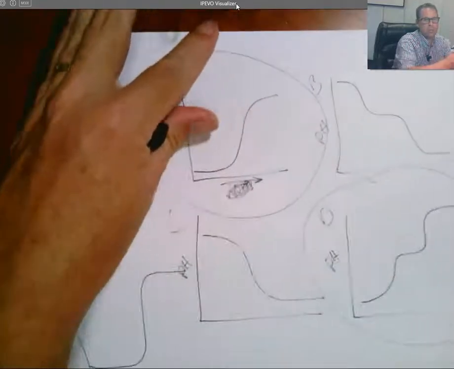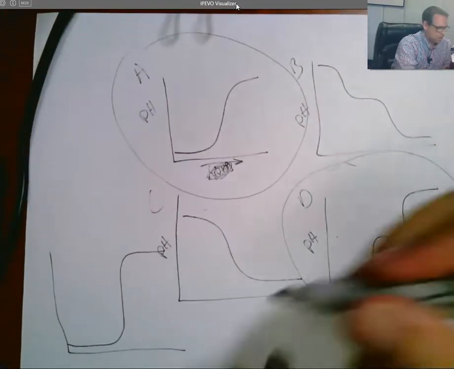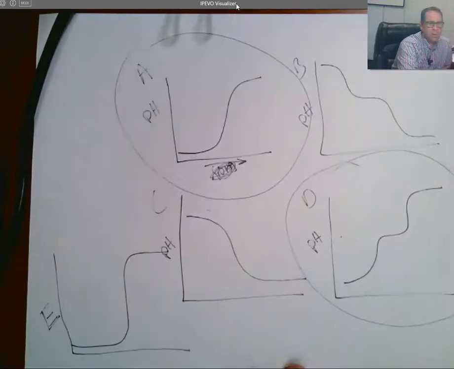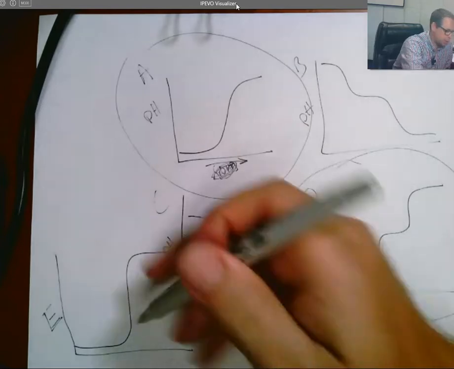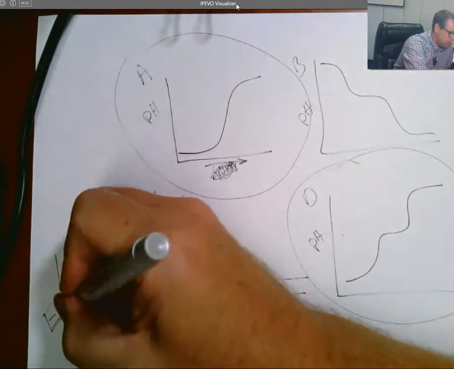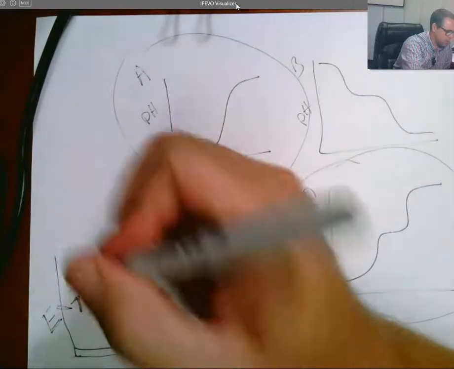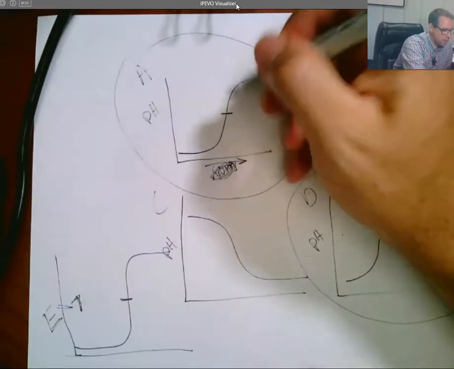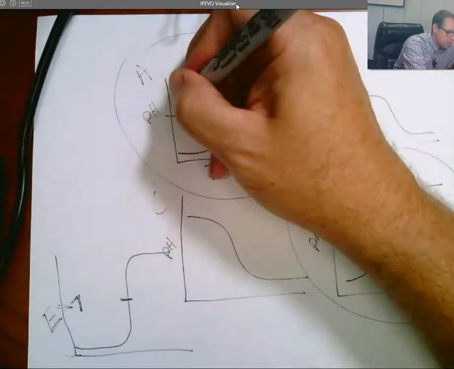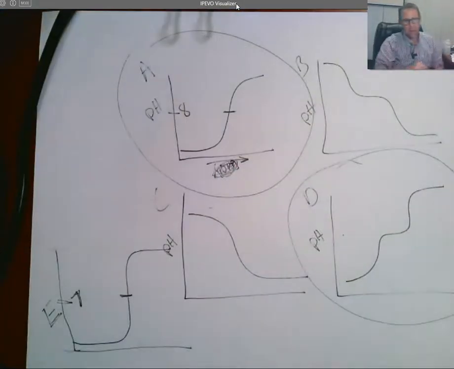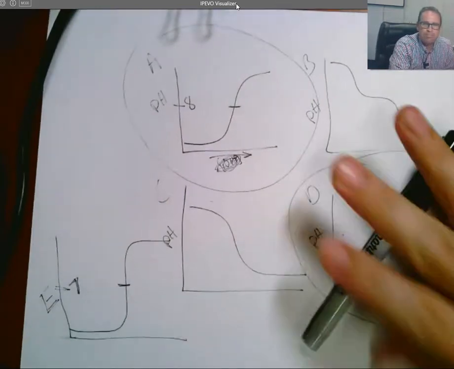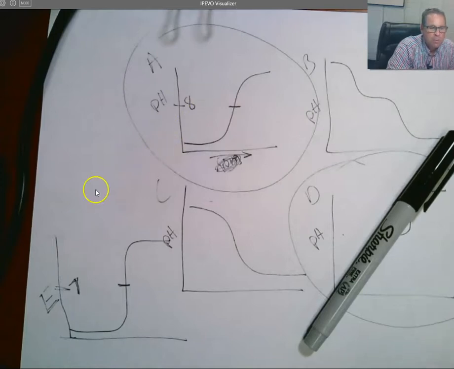Which one would most likely be a strong acid? So this is our E over here. It would be E, right? E would be our strong acid. We have a very sharp transition, and it happens right in the middle. I didn't write any values here, but assuming this is 0 to 14, it happens right in the middle. Whereas our weak acids are always going to be slightly basic because of the resulting conjugate base that's around here. Maybe about 8 or 9. Okay. So that's good. That means we're able to stop with our